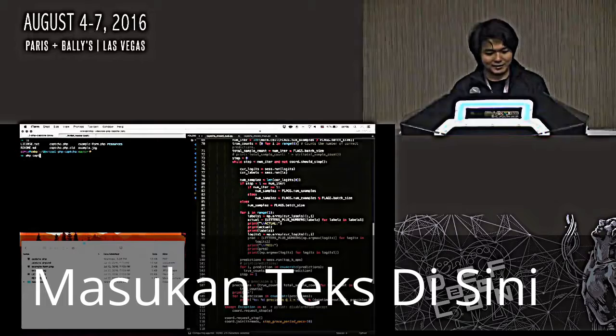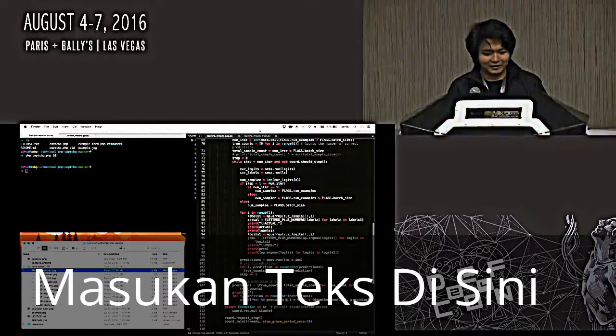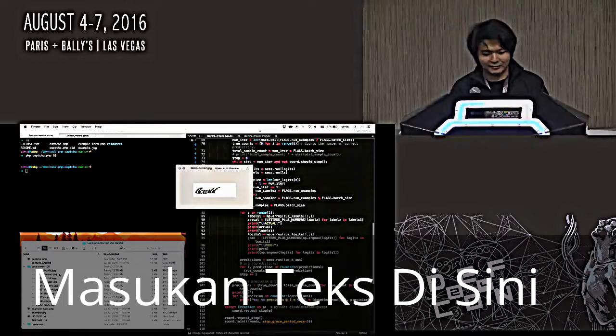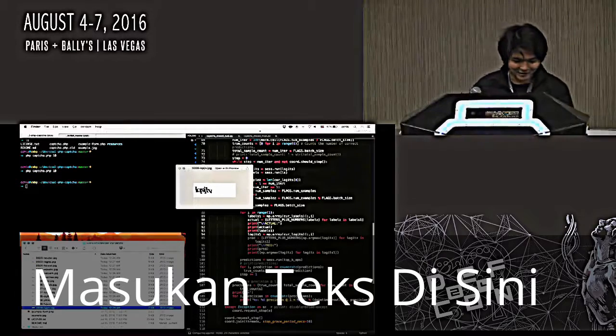Let's generate some CAPTCHAs with Cool PHP CAPTCHA. Generate CAPTCHAs that are pretty similar to what you see out there. You can train the model to work better for different kinds of CAPTCHAs, different kinds of perturbations. But I have problems reading some of these, so I think that qualifies as a good CAPTCHA, according to what I'm seeing on the web now.